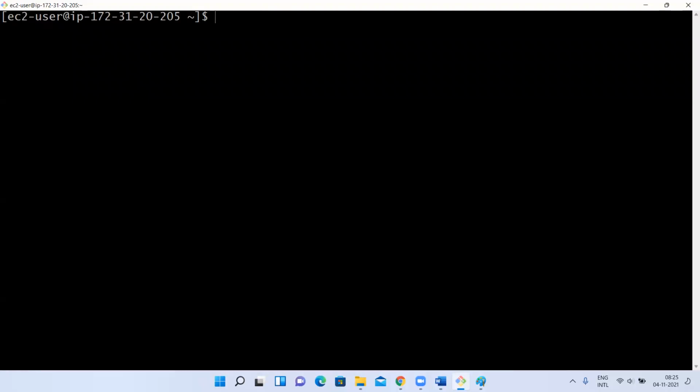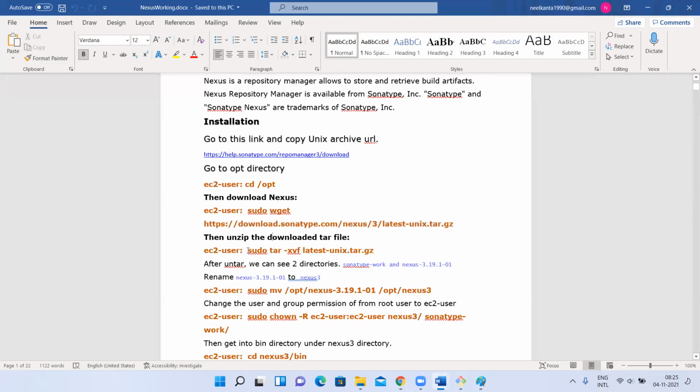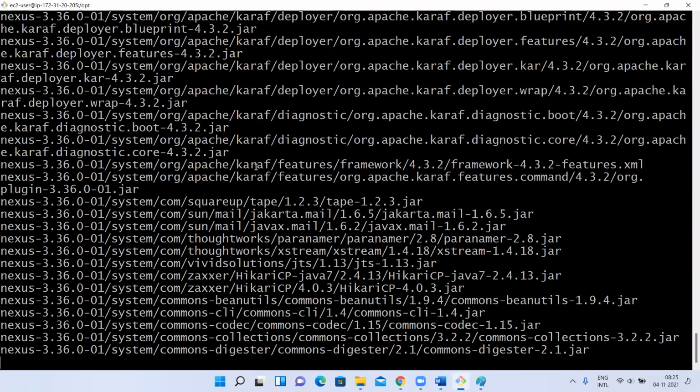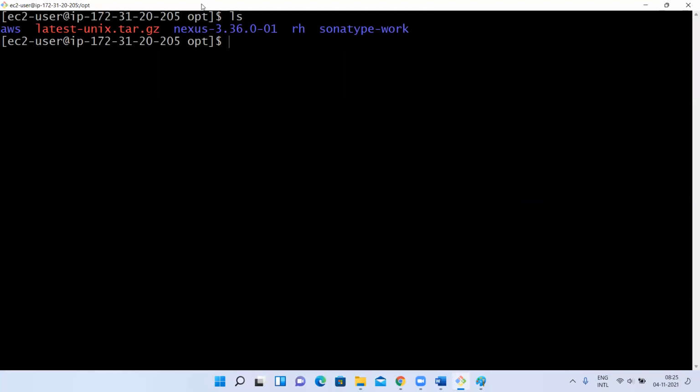Now, okay, let me go back to that. Java is done. I downloaded Maven here, right? So let me go to this directory. So untar it. I have given the command here. There is no separate command called untar. Tar only we have to use with the xvf option. Now I have extracted that. Once I extract this, I'll be able to see these two folders.